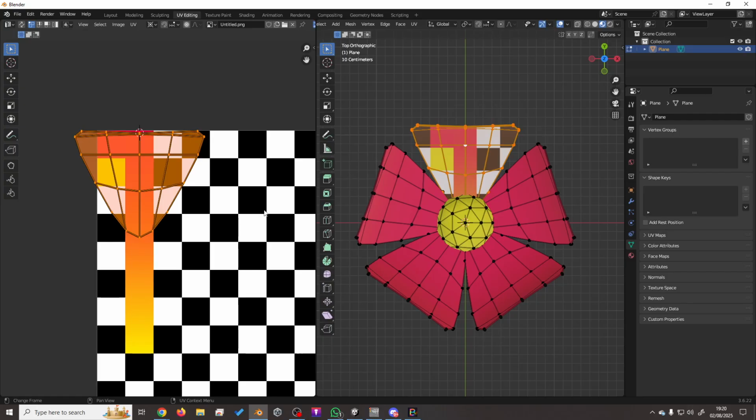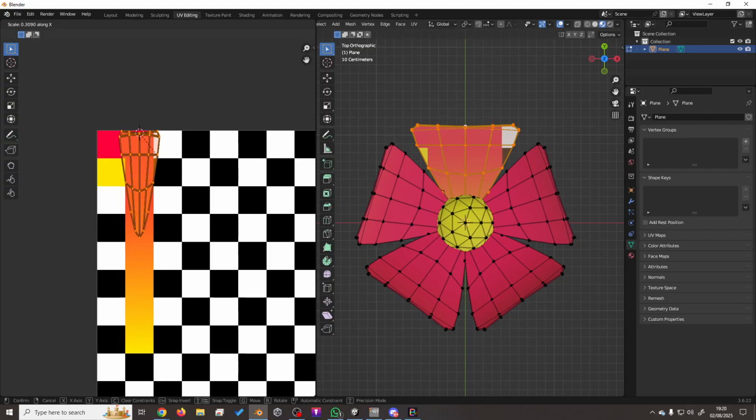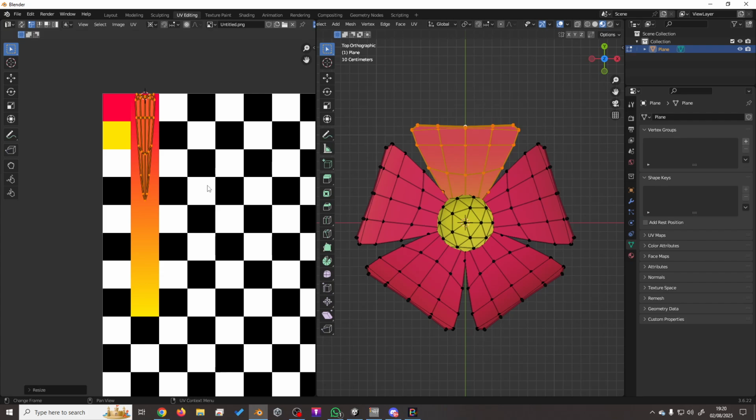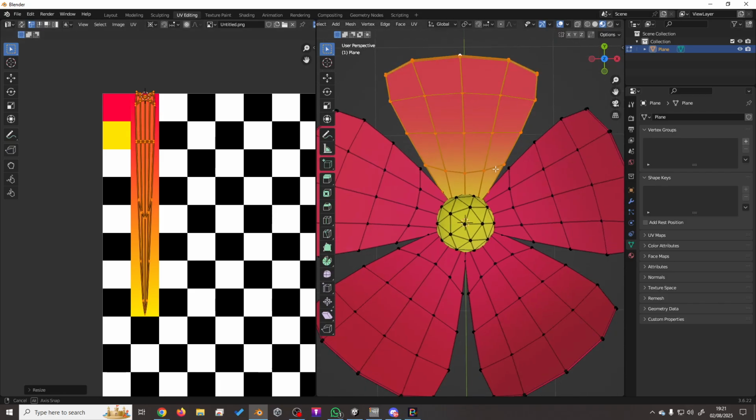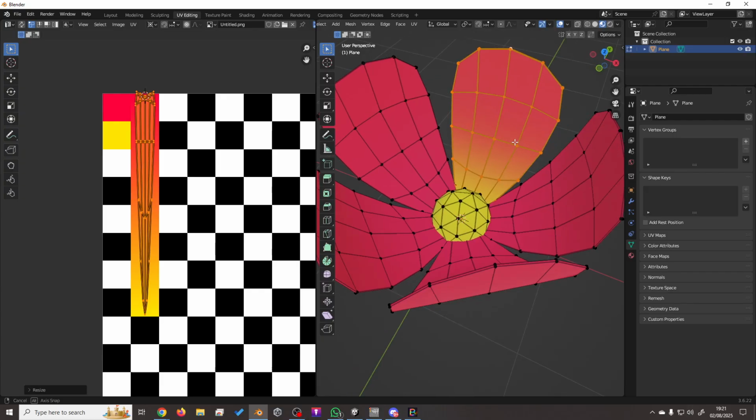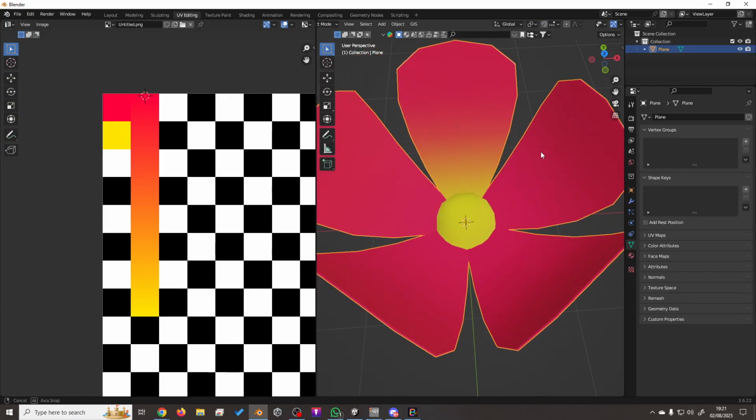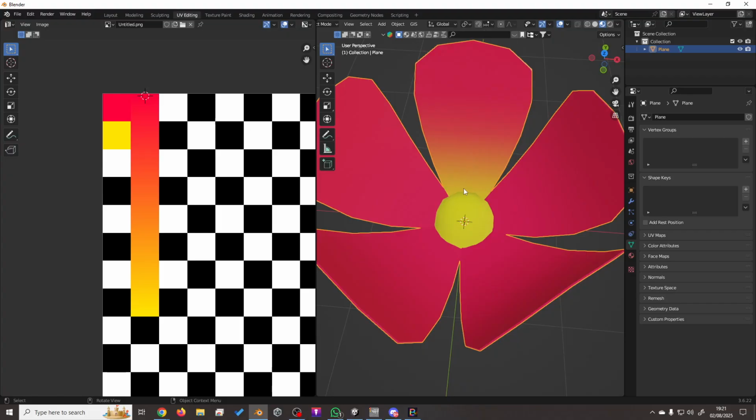So we'll select everything again. We'll scale it on the x-axis so that it fits inside the width of this gradient box. And then we can scale it on the y. So it goes all the way down. And we've got a bit of a gradient going on, which looks rather nice. Now, if you want that yellow to be a little bit further down,